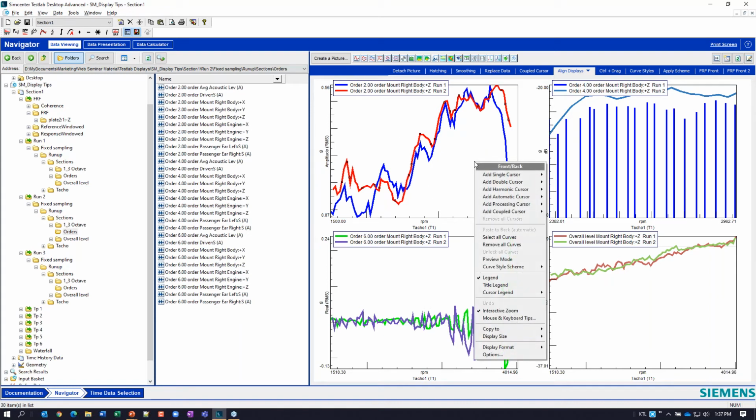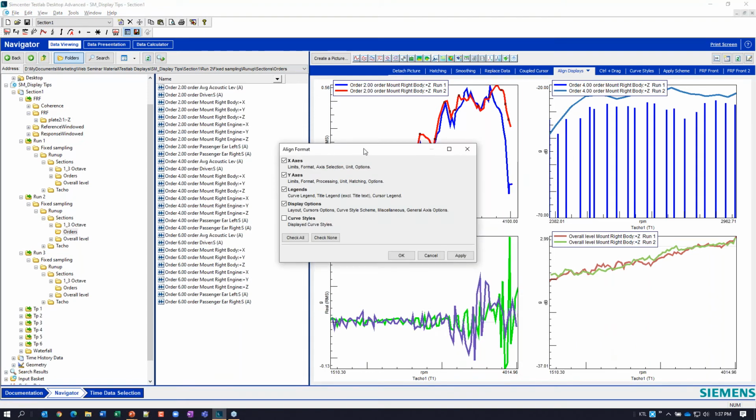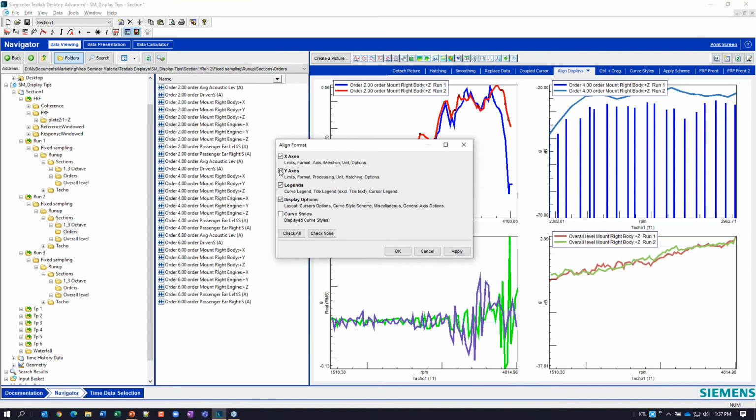I can come in here and right-click on that, display format, and I can click this align front back display. So these are all front backs. I'm going to click this and it gives me an option menu here where I can choose what aspects of this plot that I clicked on up here I want to align to.